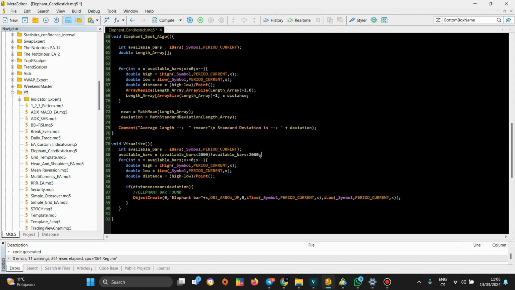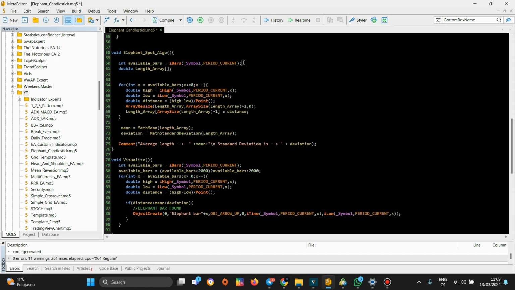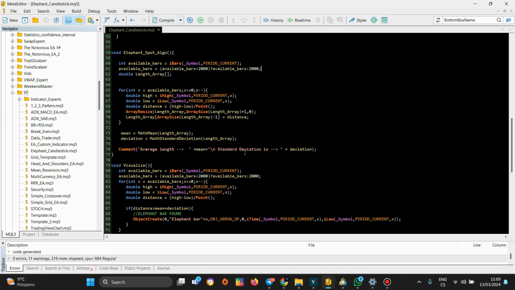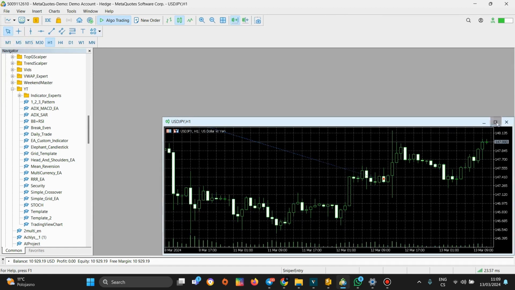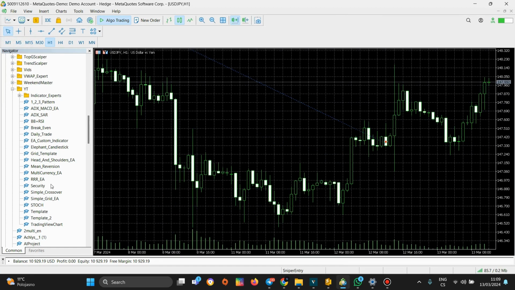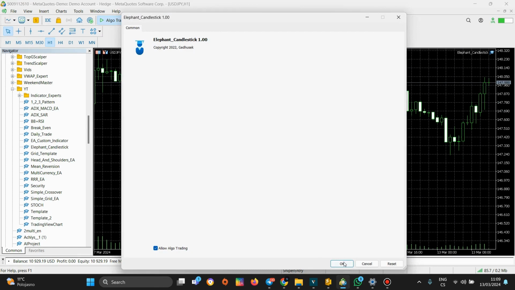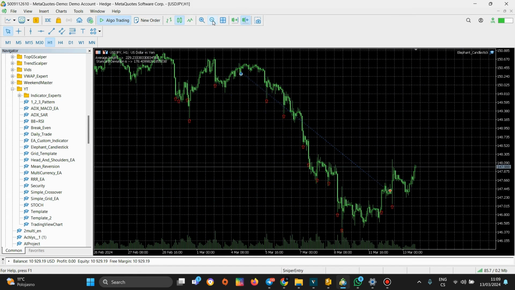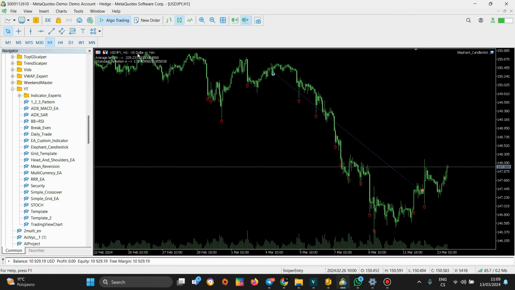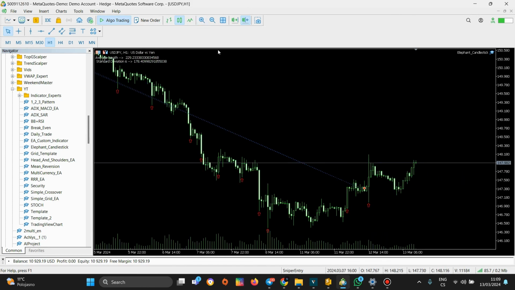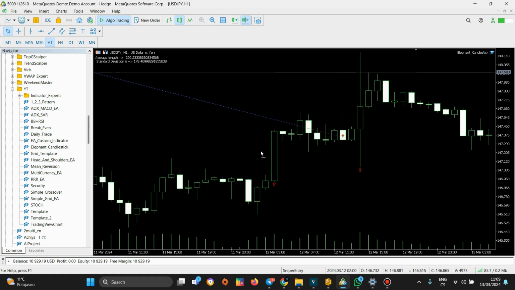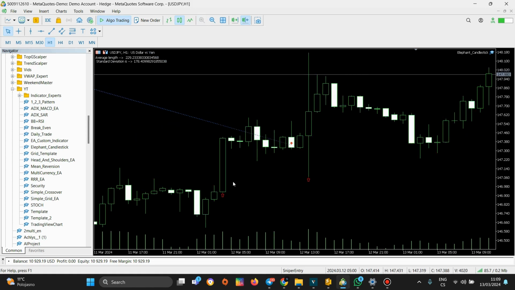So by this I will be only looping through the last 2000 candlesticks. Okay, so I will do the same here, and now if I compile this and I put it on my chart, it should run more smoothly. Okay, so this is it. I have my average length and standard deviation, and here you can see the candlesticks that